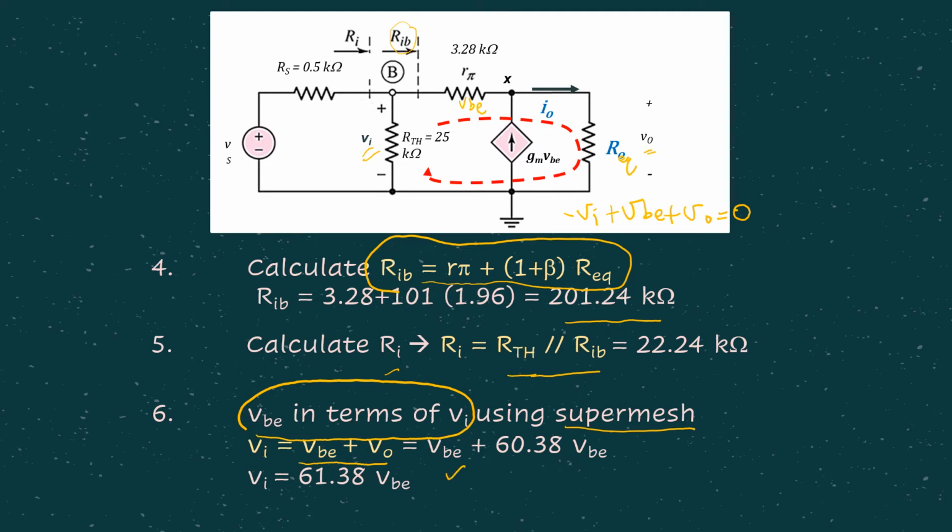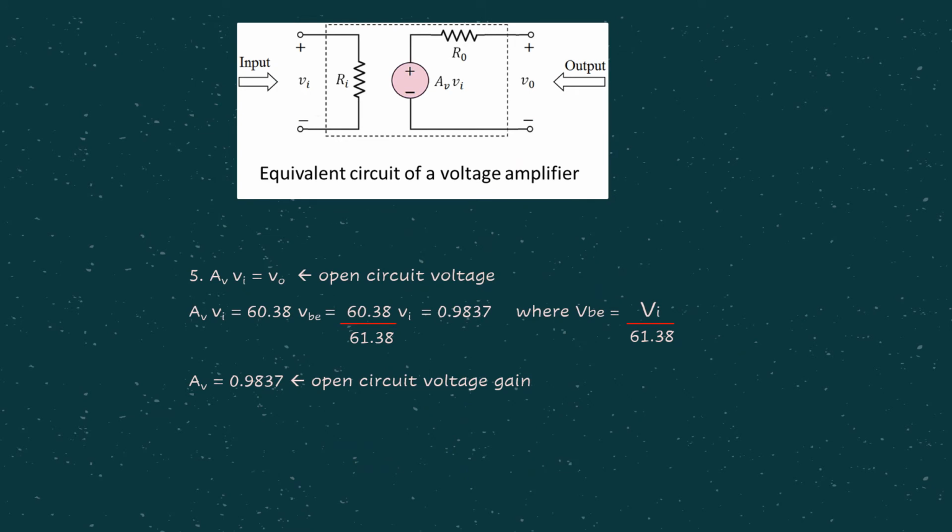VBE is VBE, and V0 we already have in terms of VBE in step number 3 just now. So sum it up together, we are having VI in terms of VBE. Then obviously we want to fit into our voltage amplifier model. We consider AVVI equals V0, where V0 we already have in terms of VBE, remember? Then VBE also we have in terms of VI just now, right? So we replace accordingly. In the end, we can cancel out all the VI, leaving our open circuit voltage gain as